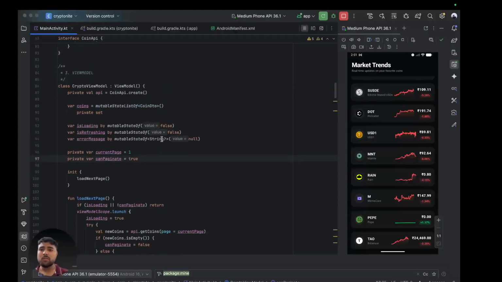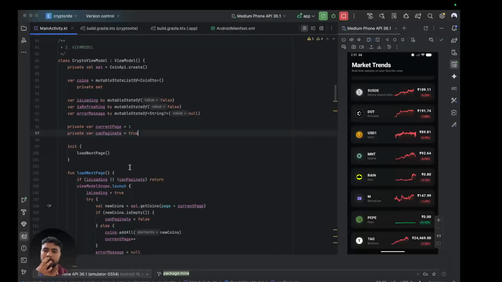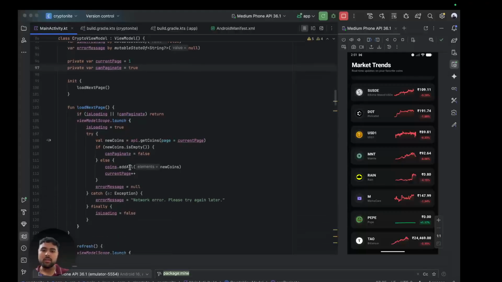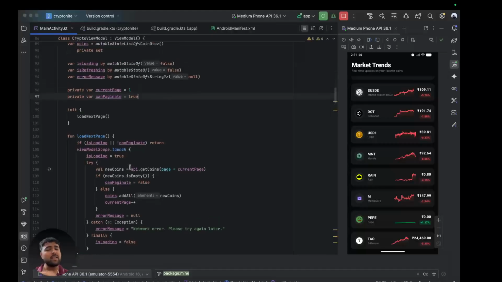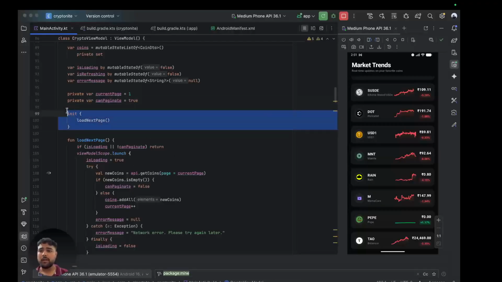So the view model uses viewModelScope. You can see here the view model uses the viewModelScope to launch the coroutine safely. This ensures the network calls are cancelled when the view model is destroyed, preventing memory leaks. What we are doing is using viewModelScope, which is linked to the lifecycle of coroutines. What it does is cancel the thread where the call to the internet is happening when the view